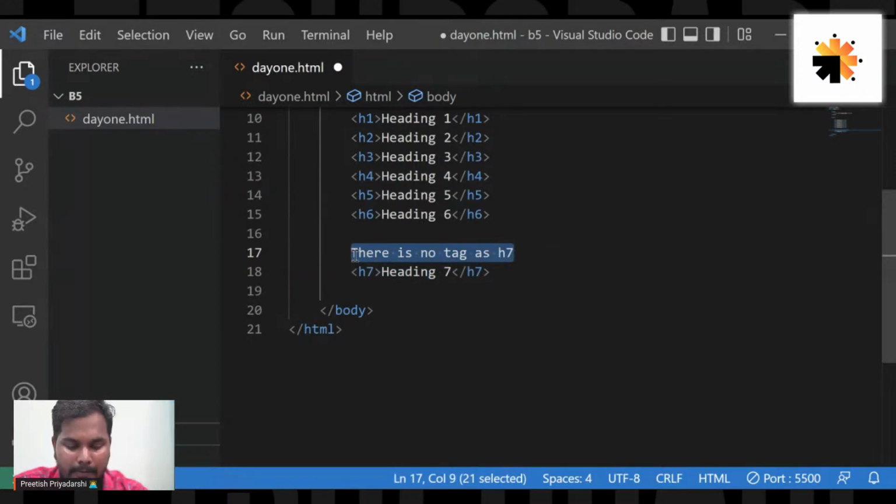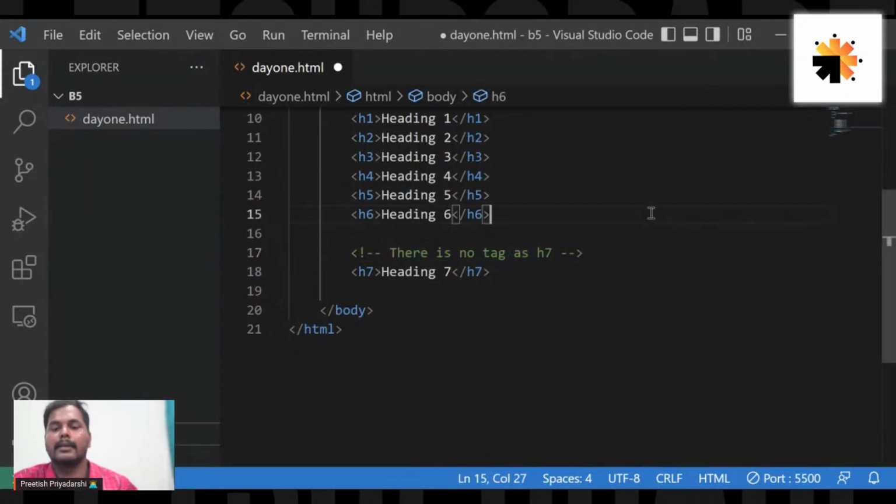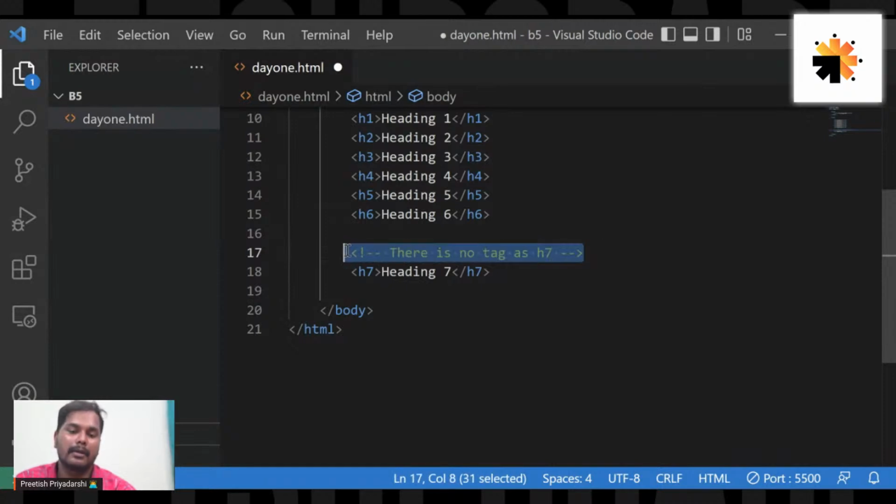Since I want to convert "there is no tag as h7" to a comment, I have already selected that part. Then click on Control and the forward slash on the keyboard, and this part will be converted